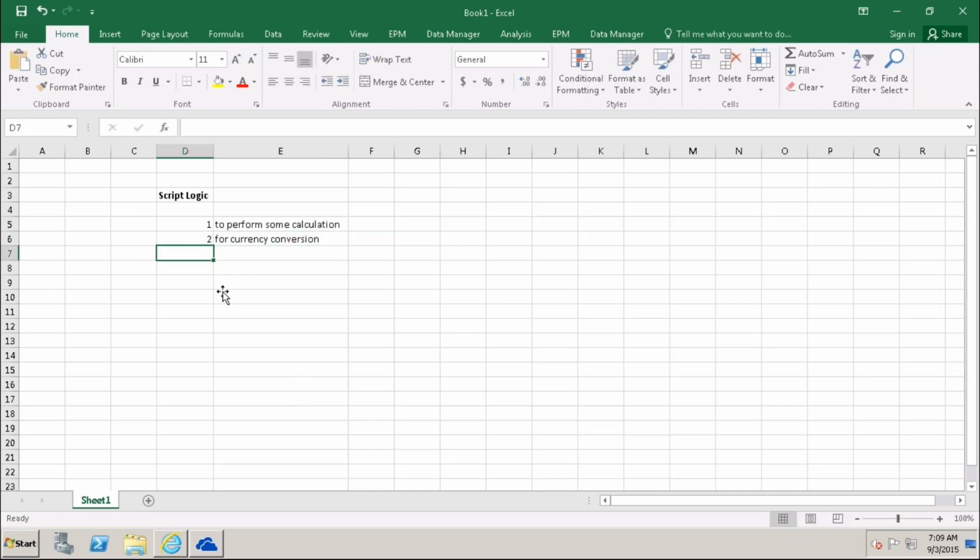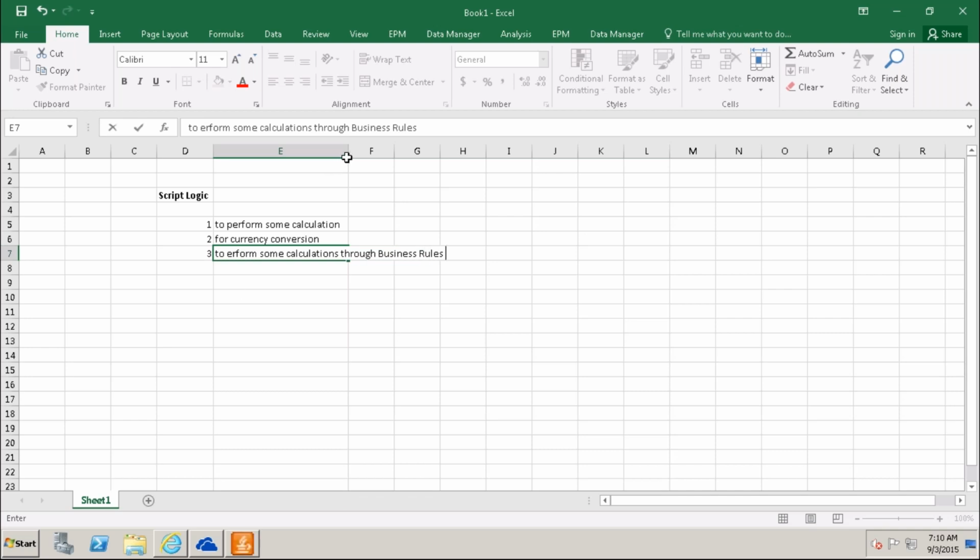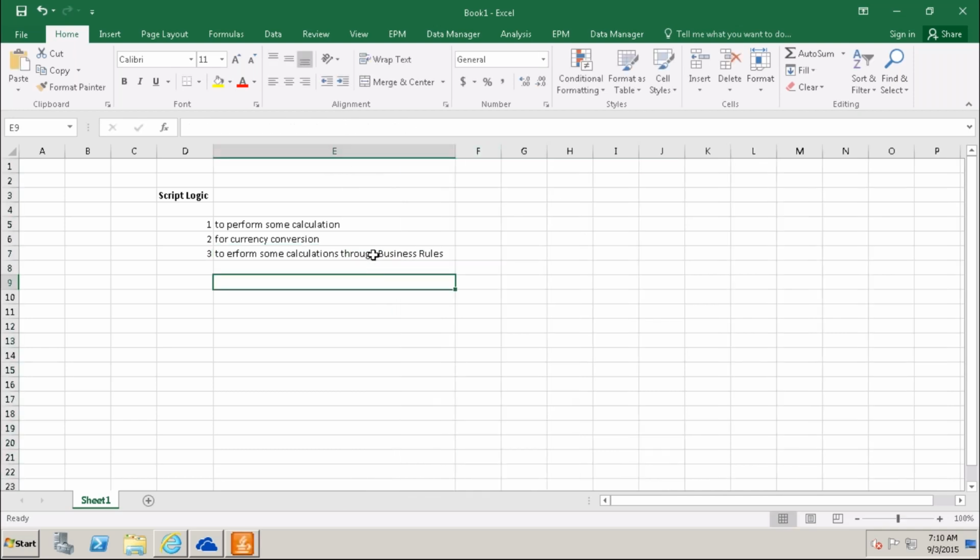Third one, in the consolidation, to perform some calculations through business rules. So this concept we get in consolidation. Business rules, just for an idea, I'm giving you this hint.